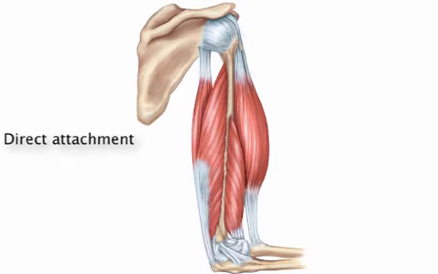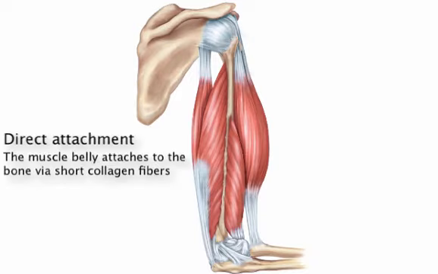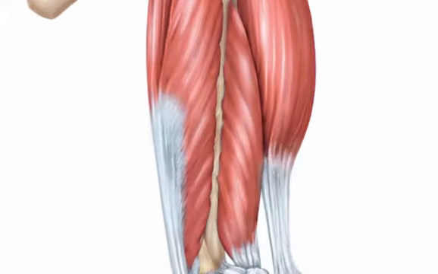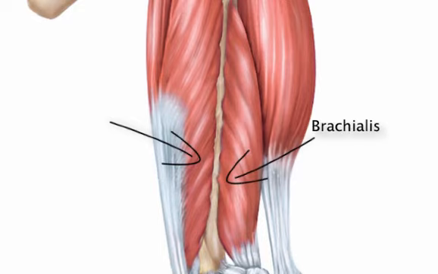Some muscles have direct attachments, which are also called fleshy attachments because they seem as though the belly of the muscle itself is directly attached to the bone. Looking here, we can see this is the case with the brachialis muscle and the long head of the triceps brachii. However, with the microscope, you'd be able to see that there are still short collagen fibers that attach the